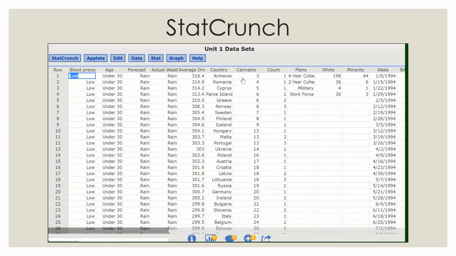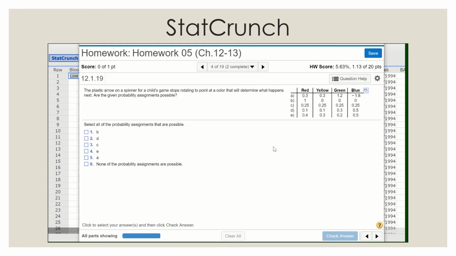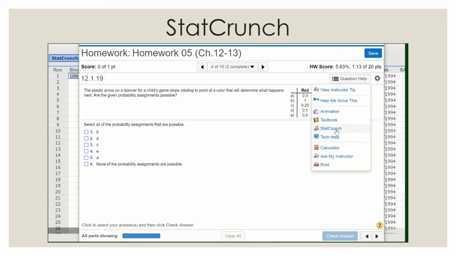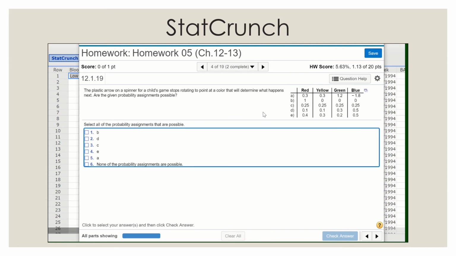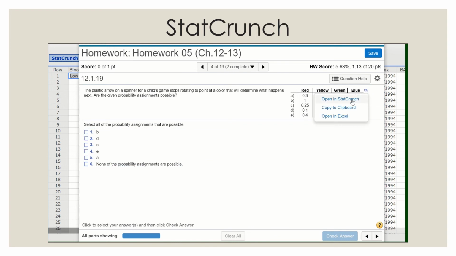Method number 3 and 4 both are in the homework. So I can click on Question Help, and quite often, but not always, there is a StatCrunch option here. If they don't think you need StatCrunch, they're not going to give it to you there. The last option, which is the most popular, is if they have given me data, as they have here. Notice there is a little blue double box there, and if I click on it, one of the options is